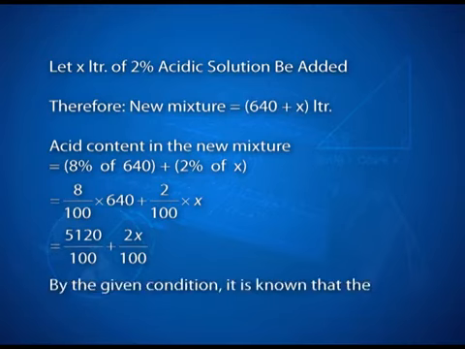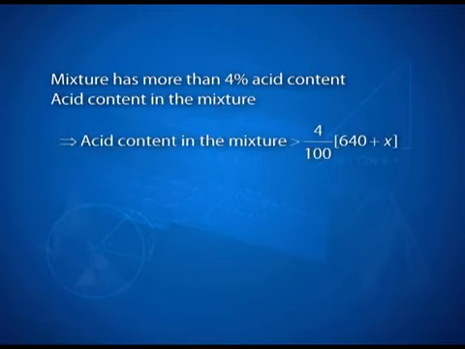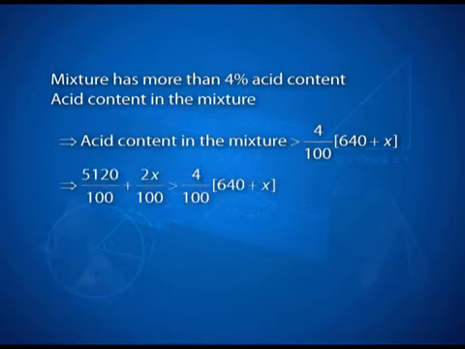By the given condition, the mixture has more than 4% of the acid content. That is, the acid content in the mixture is greater than 4% of the total volume of the mixture, that is 4% of 640 plus x. The acid content in the mixture we observed was 5120 upon 100 plus 2x upon 100. Therefore, we get the inequality 5120 upon 100 plus 2x upon 100 is greater than 4 upon 100 into 640 plus x. On simplifying this inequality, we get